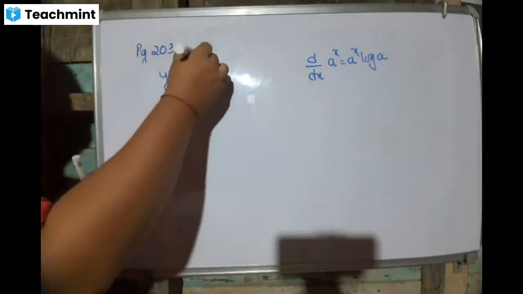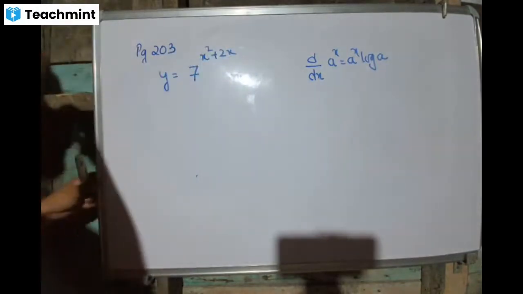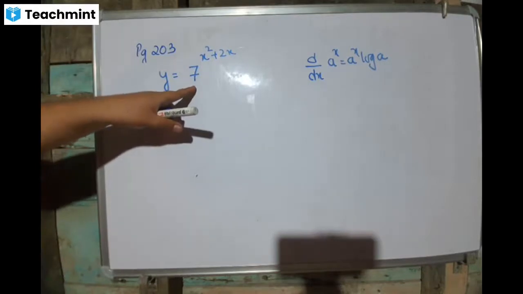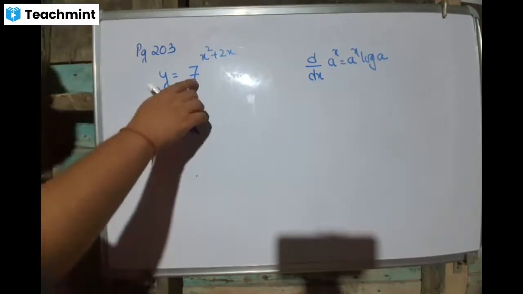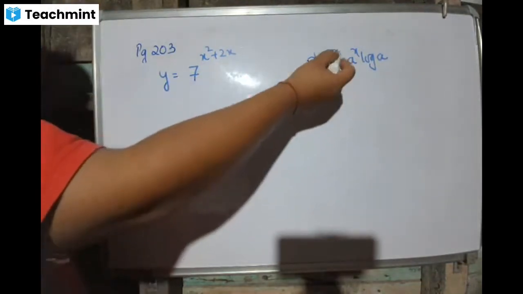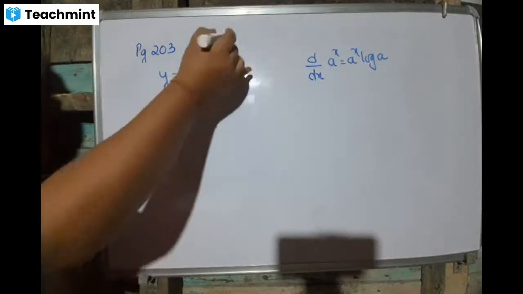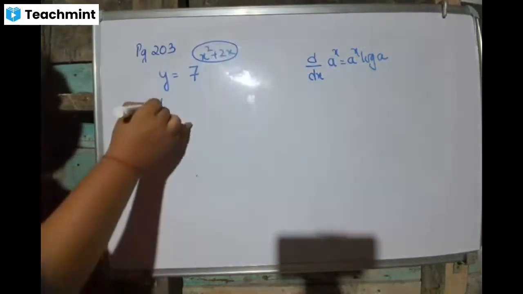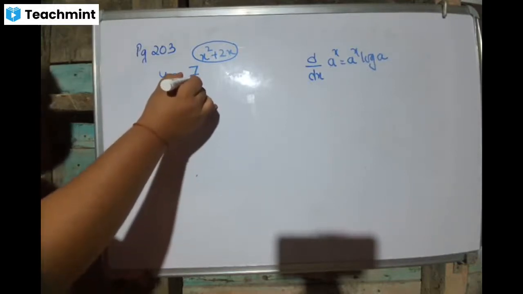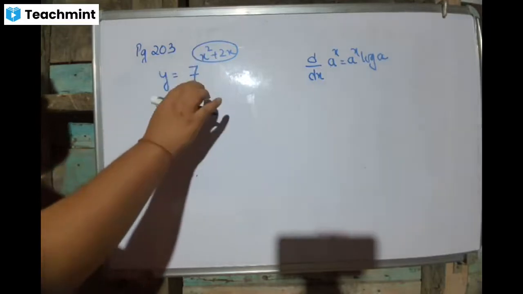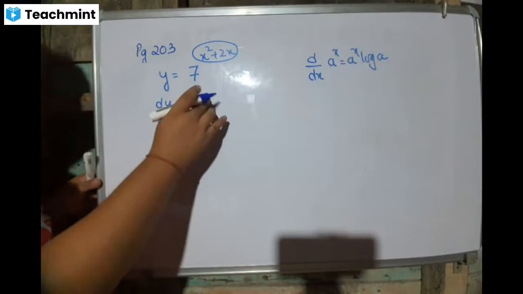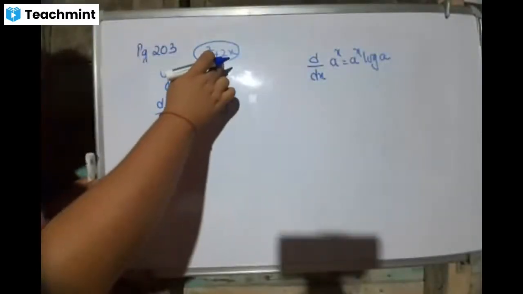So look at this particular question. If someone tells you to differentiate 7 to the power x square plus 2x. What you are going to do is look at the base, and you see that the base is a constant. So this will remind you of formula number 3, which says if the base is a constant, then the power has to be x. Is the power x? No. So we assume this as x. So dy by dx equals, if the base is a constant, the power has to be x. That means this is the a to the power x formula. So what is the a to the power x formula? If the power would be x, but since the power is not x,